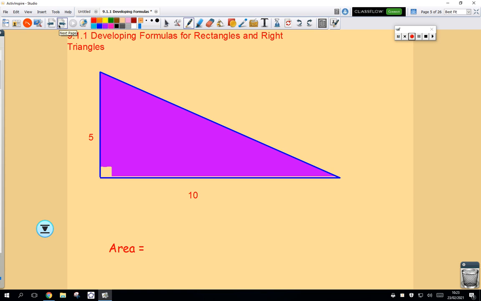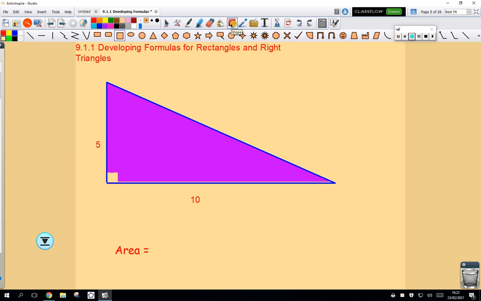What about the area of a right triangle? Suppose I want to find the area of a right triangle. Slightly more complicated because it's not a rectangle. However, one thing I can do, every right triangle